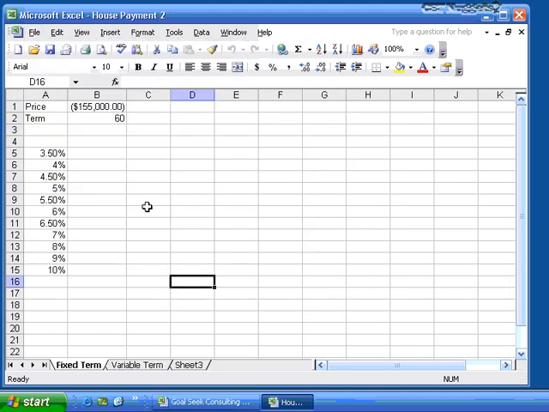House payment 2. Let's say I'm going to buy a house for $155,000 at a term of 60 months, and I'm using maybe an ARM, an adjustable rate mortgage, and it can go anywhere from 3.5% all the way up to 10%. I want to figure out what my payments are going to be if these rates rise and fall